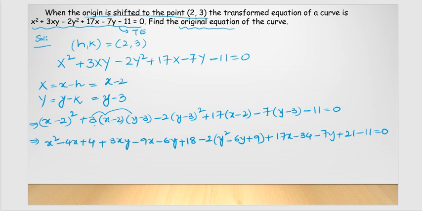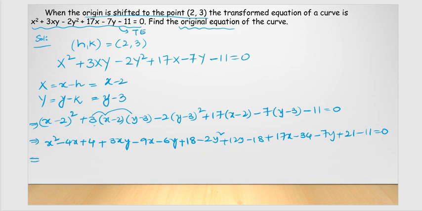On simplifying, on removing the brackets, what am I going to get? So I can write it as minus 2y square, so 2y square plus 6 2's are 12y minus 9 2's are 18. So this is the thing that I am going to get here, so what is that? Minus 2y square plus 12y minus 18. Okay, so this is the thing I am going to get here.